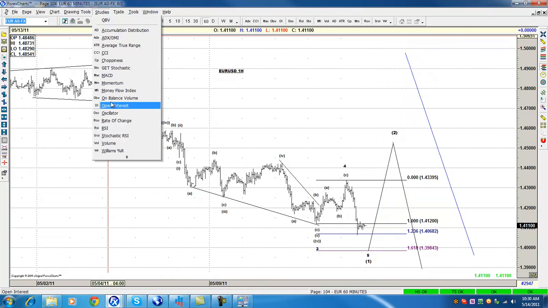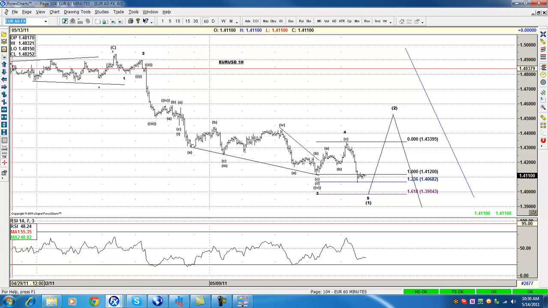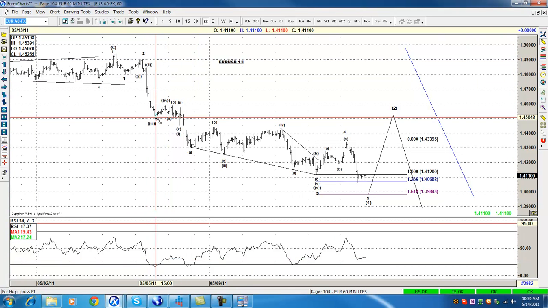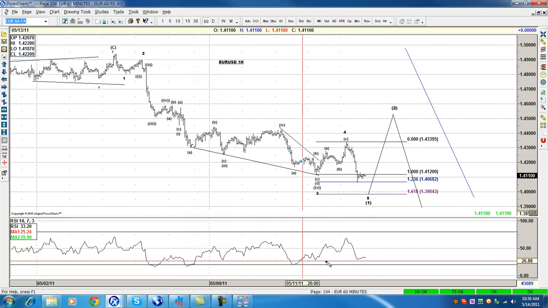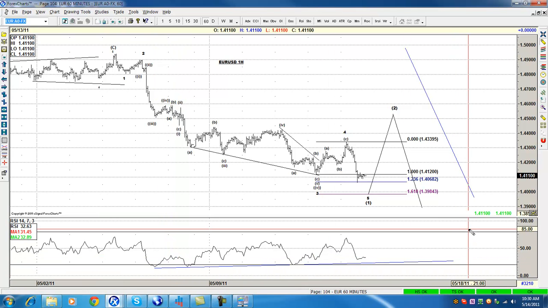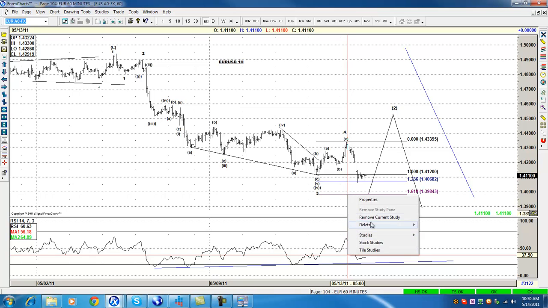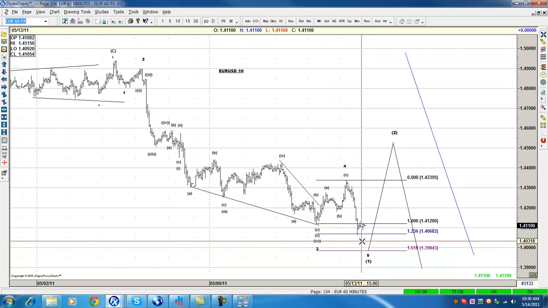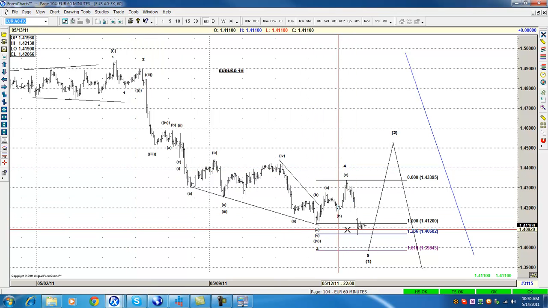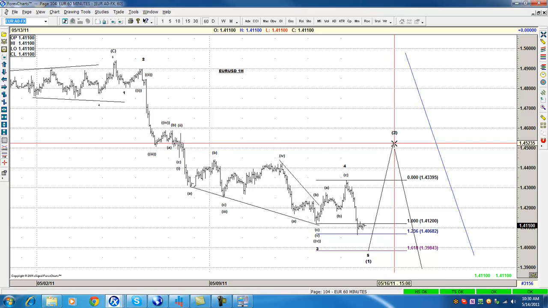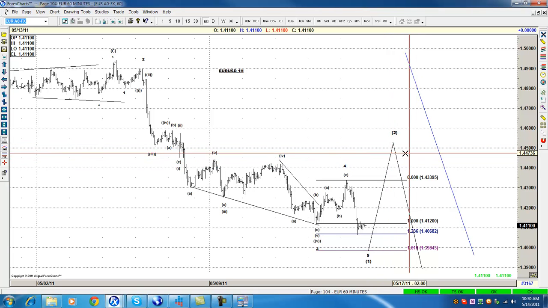Now let me show the RSI on the euro. Same scenario. Look, since this low, which is wave 3 or 3. Look, one low with divergence, another low, and then we're going to get the third low. So we like this count, to be honest with you. We believe that this has a 95% chance to be the correct count, instead of the one calling this wave 1 of wave 3. But never say never. We got divergence in all the time frames with these lows right here, which is telling me that a bounce to at least 144 should happen at some moment.